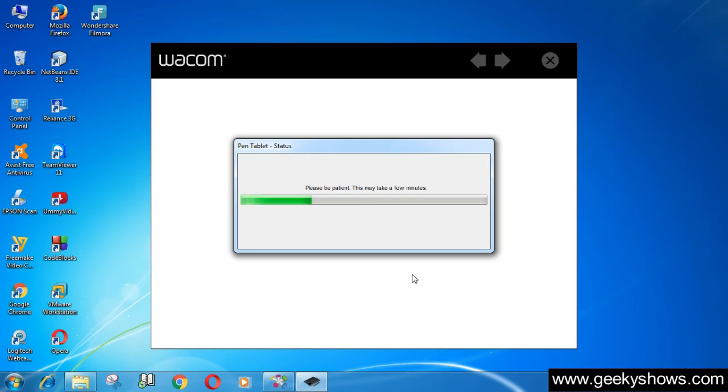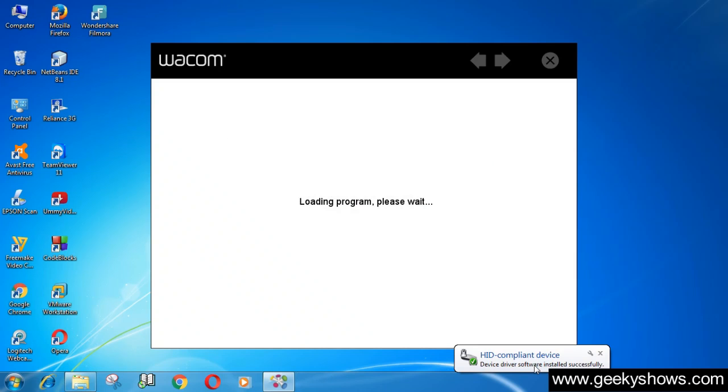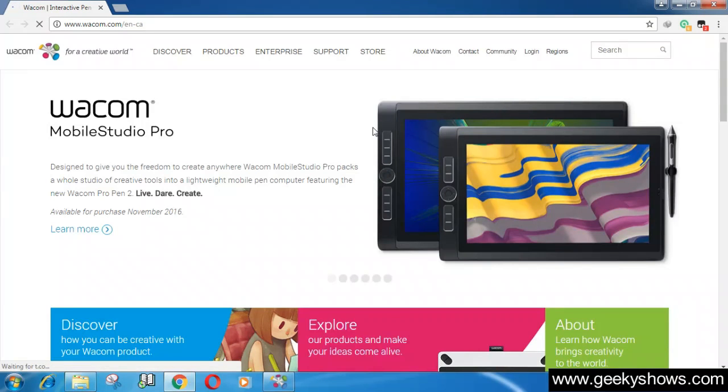The installation has begun, so it will take some time, I think. As you can see, I don't know what this HID compliant device is, maybe it is some kind of driver, so it was automatically installed. It redirects us to the official website of Wacom tablet.